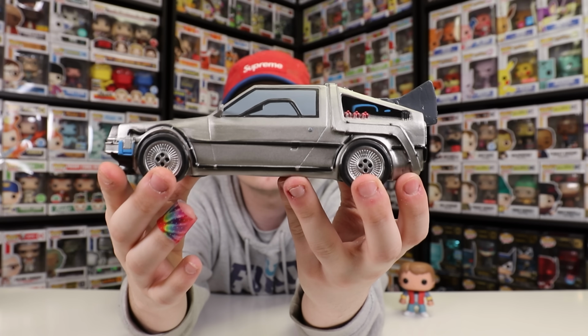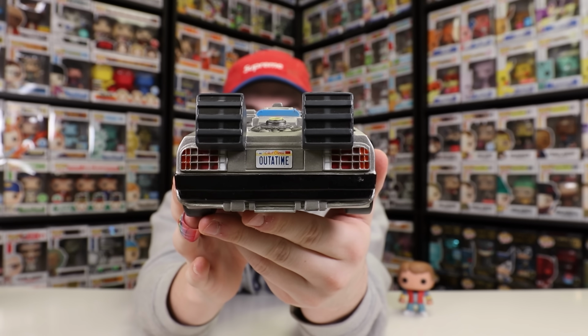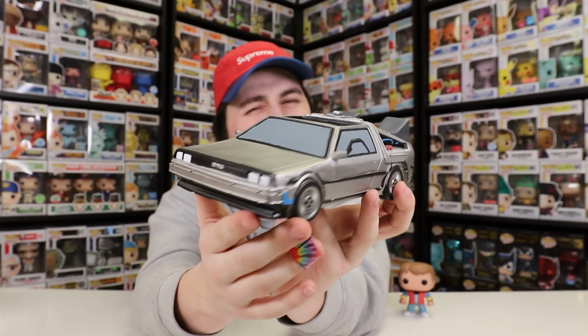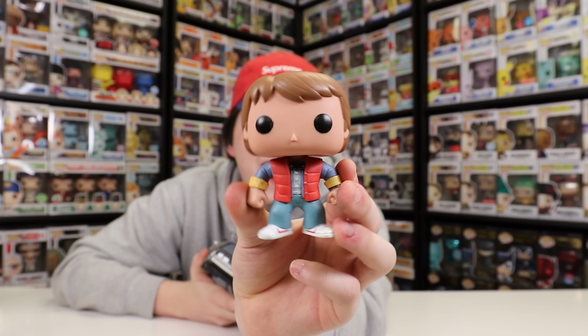And now if you guys want to see the DeLorean a little bit closer up without Marty McFly, here it is right here, and I think this has some really great detail, especially for back in 2014 when the cars and everything just wasn't that detailed. I mean, all of their characters were pretty much like this with their hands to the sides, and then that's about it. But don't get me wrong, I still do enjoy that classic Funko look,